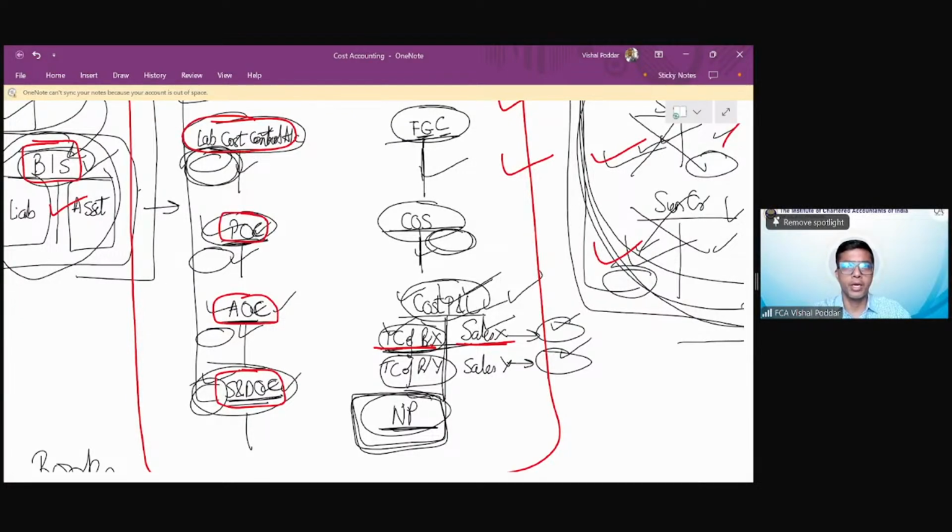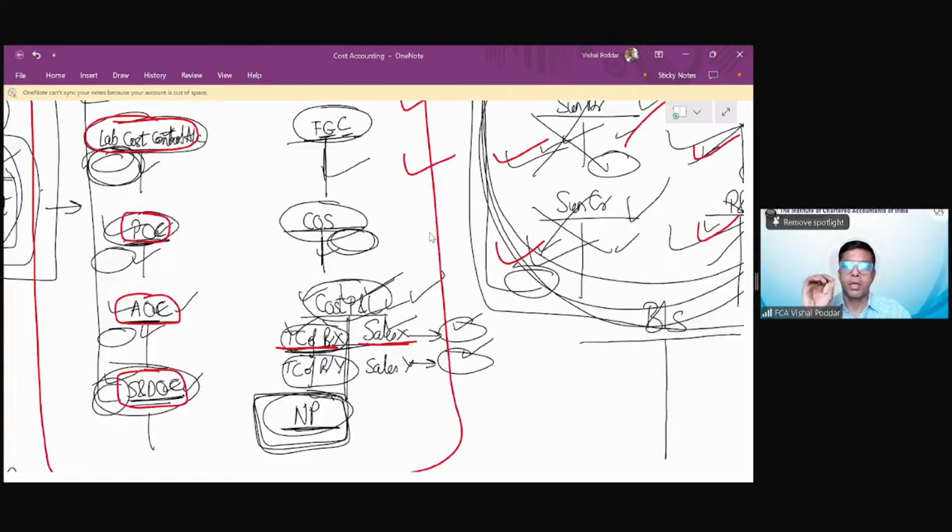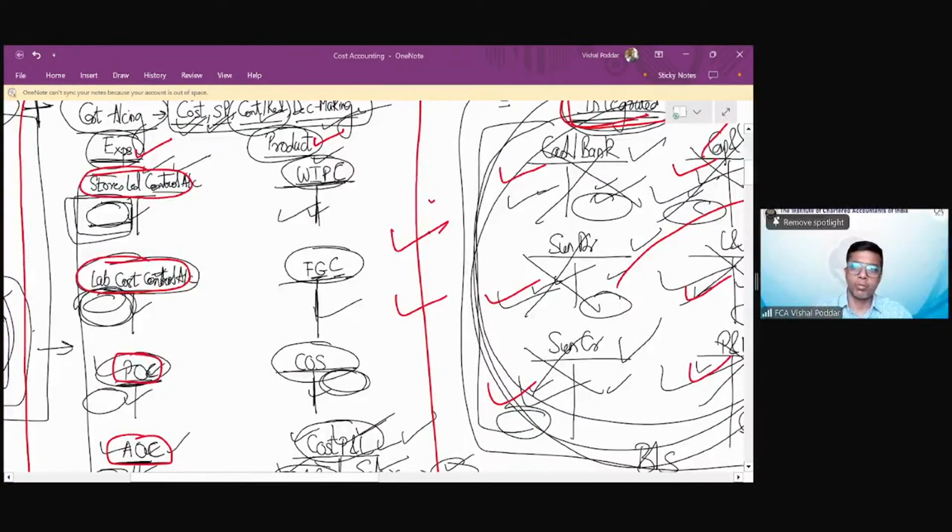After this, understand, for the product accounts, what we will be doing, I will prepare separate product accounts. So if I have 50 range of products, for each product, I will have a separate account, but not a single account. For each product, I will have firstly the WIP account. For the same product, I'll have the finished goods account. For the same product, I will have the COS, that is cost of sales account. Now,